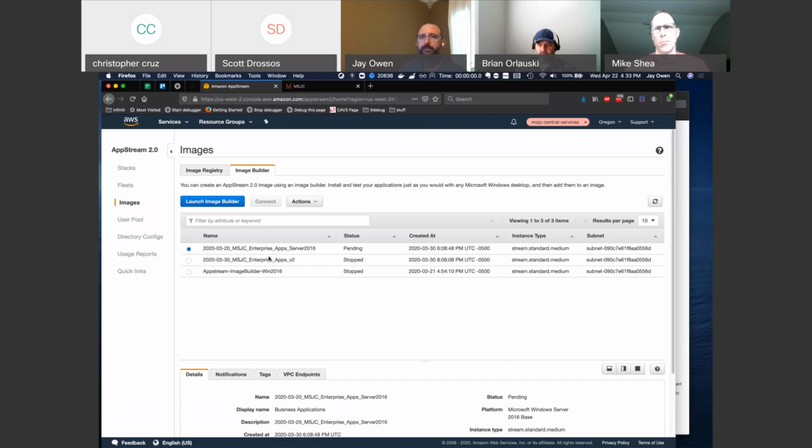Hey Jay, can you just comment on the secure connection requirements? I think you said you don't require VPN, right? So to connect to AppStream itself, you don't need a VPN to connect to AppStream itself. It's a public endpoint,